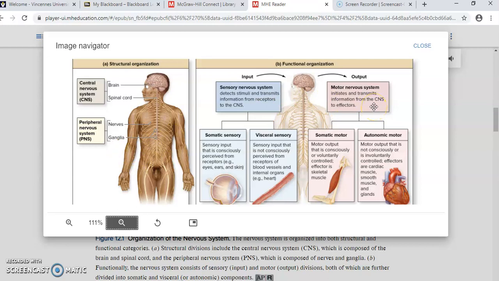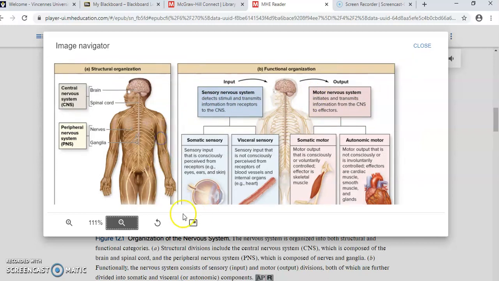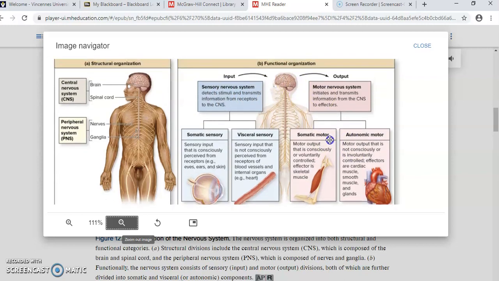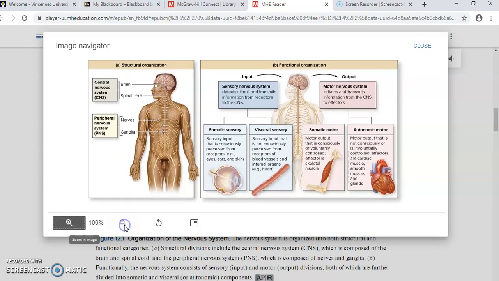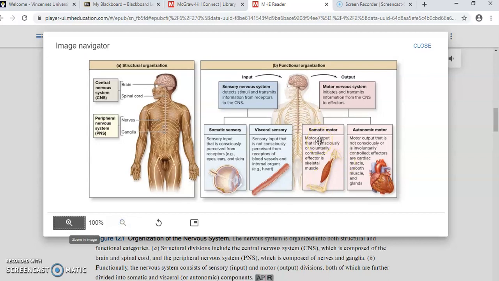away from the CNS. So that's the main difference between the two main divisions of the peripheral nervous system: some of those neurons are taking signals to the CNS, so we call them sensory, and some are taking signals away from the CNS, so we call them motor. All right, I'm going to make this a little smaller. There we go. Okay, so then we're kind of not done yet, because when we look at all those sensory